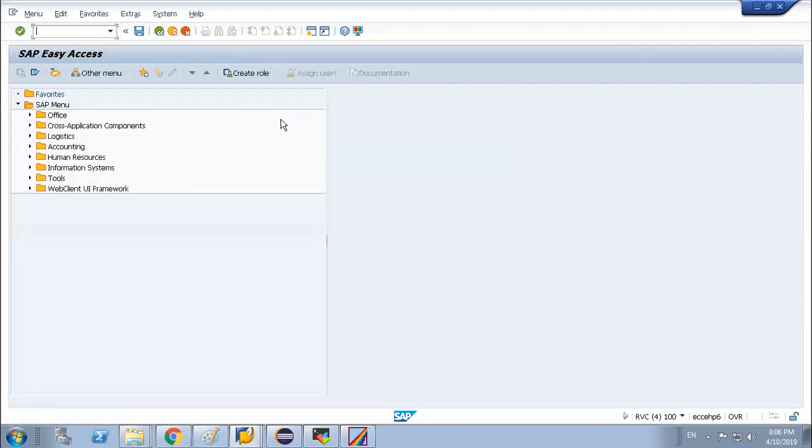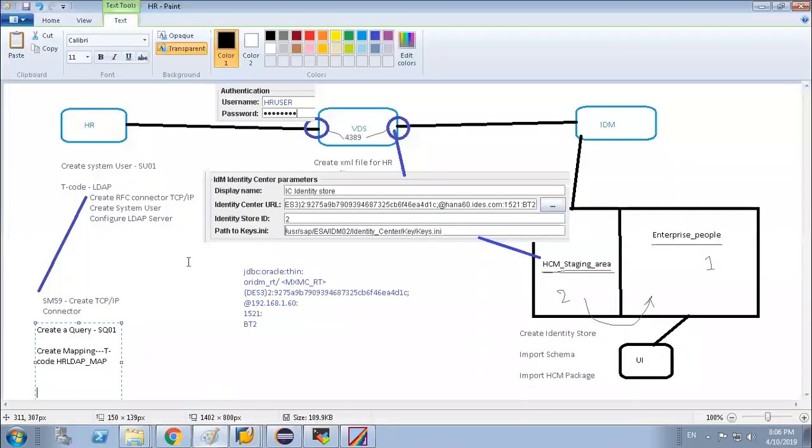So now, what have we done so far? We have created the connection between HR, VDS, IDM, and we have checked the connection. How to check? We are in the LDAP server, putting the LDAP and the connector's name, click on login.